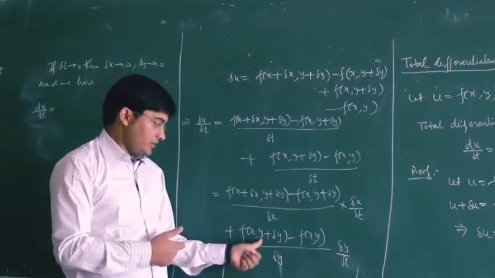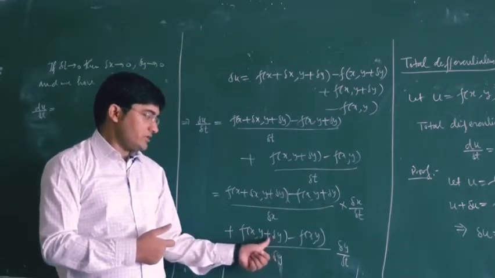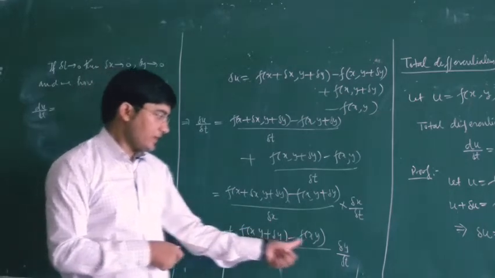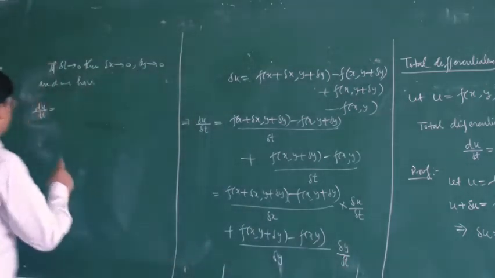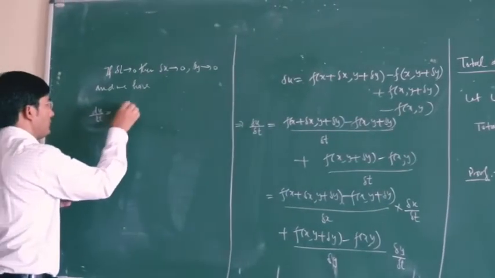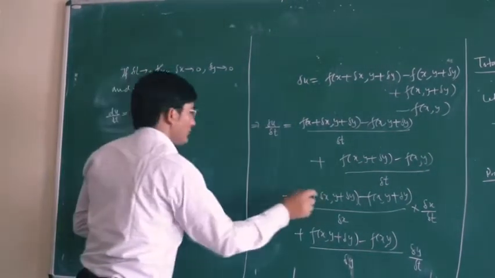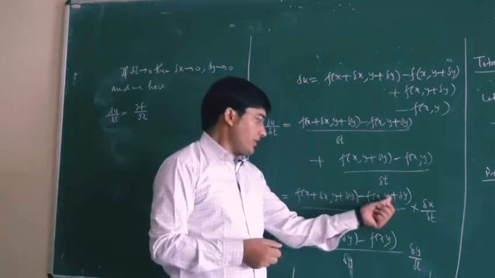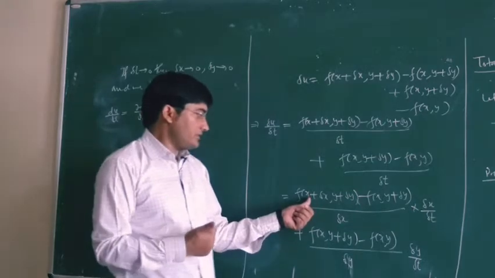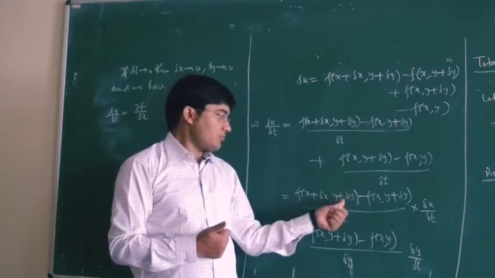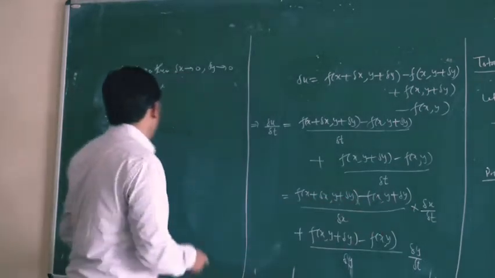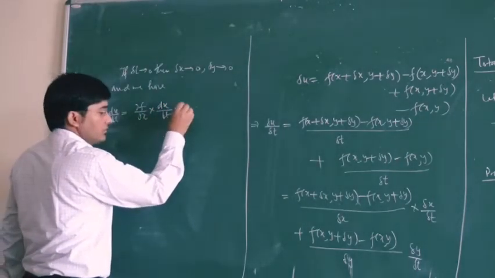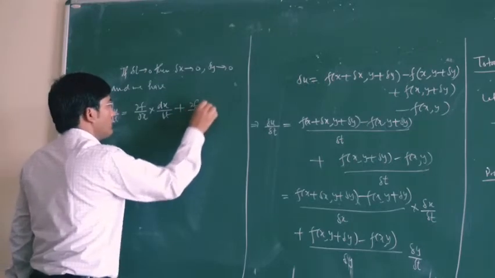Here you can say that we have a change in y, our x is fixed, so this will be your partial differentiation with respect to y, and this is your dy upon dt. So on the right hand side we will get del f upon del x, the first term, into, because our delta x tends to 0, f of x plus delta x comma y minus f of x y, and then we will have dx upon dt. Then we have del f upon del y into dy upon dt.